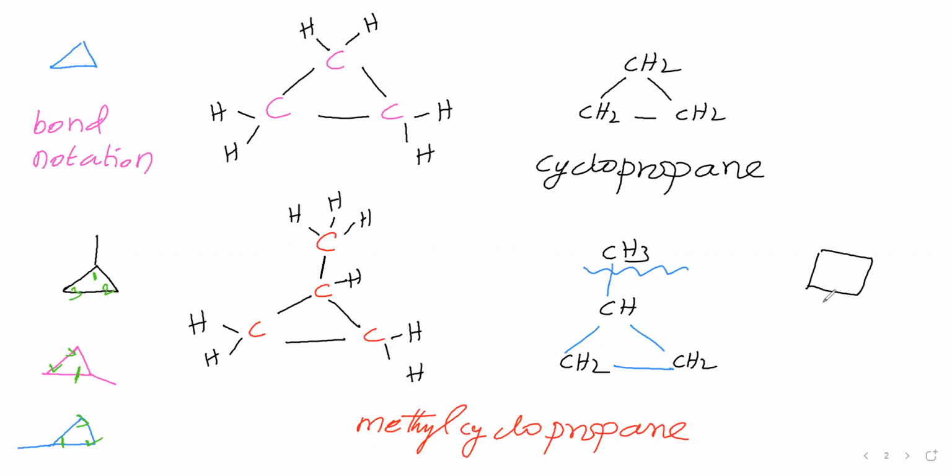You see here, this contains 4 carbon atoms. Number of hydrogens 8, C4H8. Here 4 carbons. Number of hydrogens, how many do you count? Here 2, 4, 7 and 8. So both have the same molecular formula. Same molecular formula means what? Isomers. So these two are isomers. What is the difference? Structure is different.